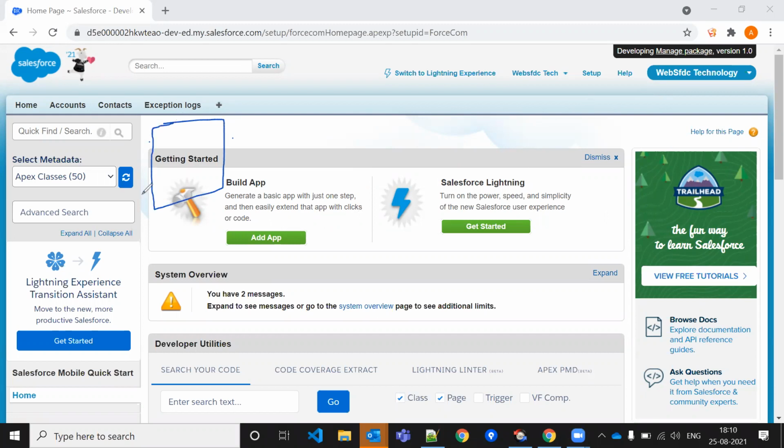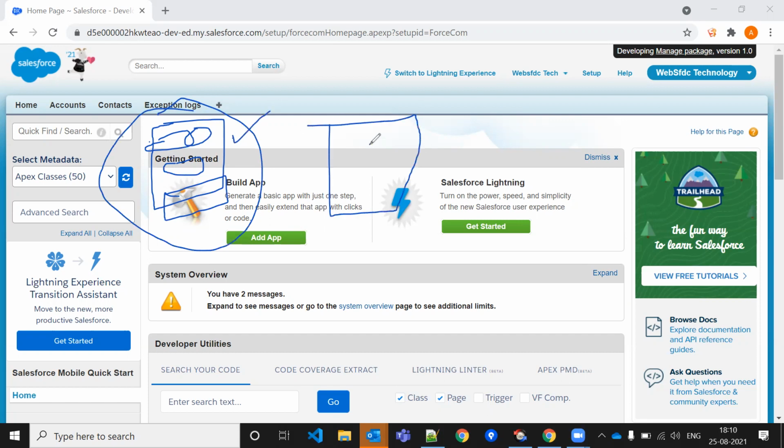If you want to create some screen where we want to display some input fields, some description, some output fields, some checkboxes, and lots of other things. Finally, if we click on the submit button, the data will be stored in the database. So suppose this kind of form we have to create. Okay, this form we can create from a visual force page. The same form we can create from a lightning component, the lightning aura component.